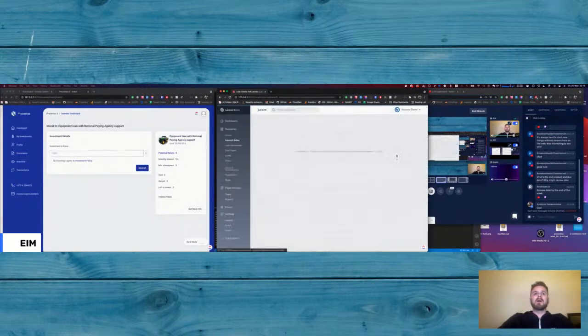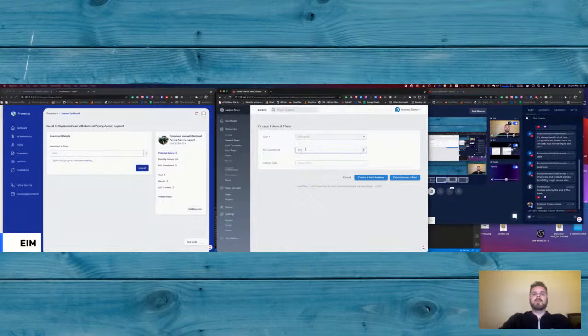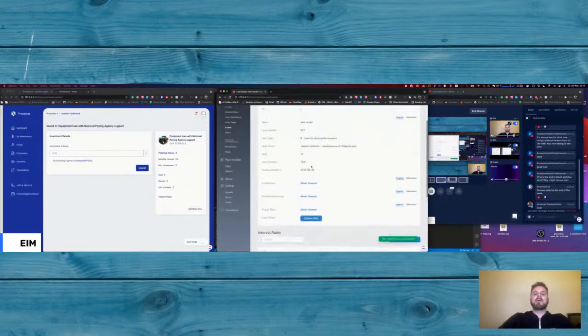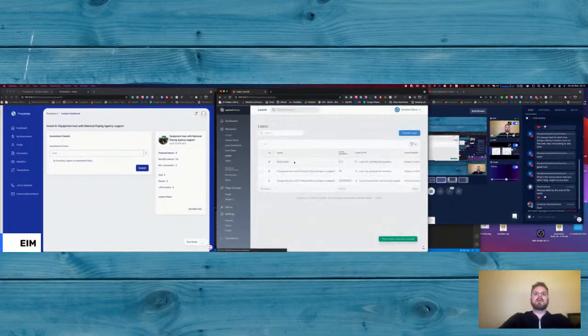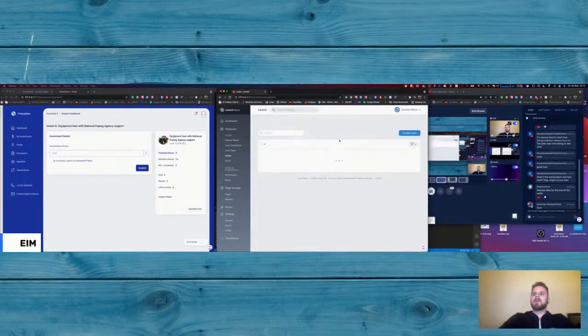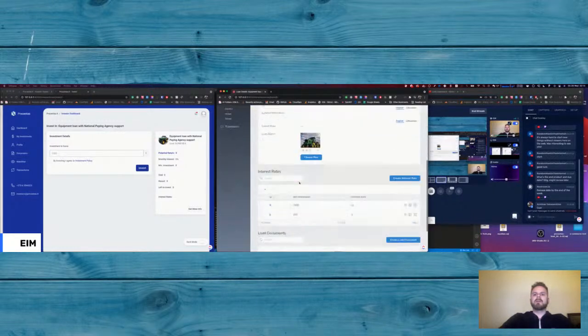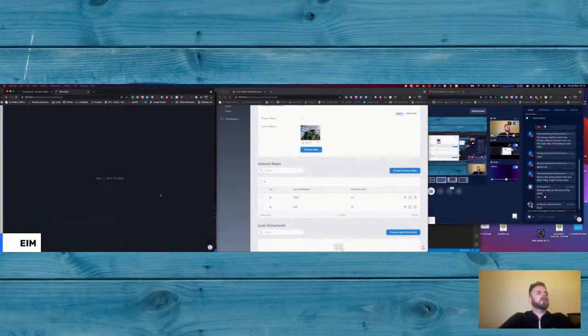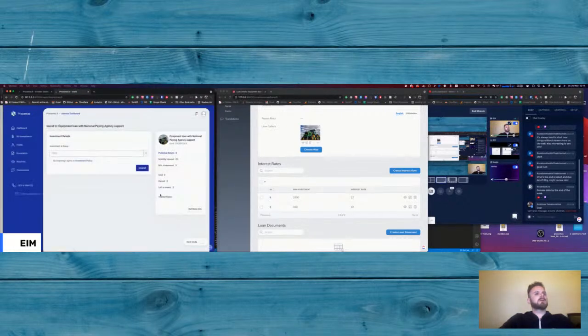Interest rates. Create interest rate. Minimum investment of 1,000 gives you interest of 20%. Let's go. Loan, and I don't want this one. This loan is messed up. I want to delete it. Delete, and loan number 29. Let's work with this one. Interest rates. Loan is 29. No, 5. ID is 5. And do I have interest rates in here?